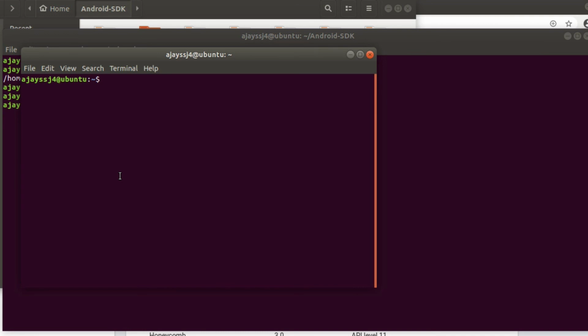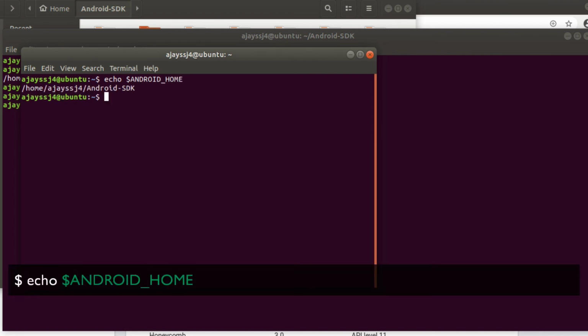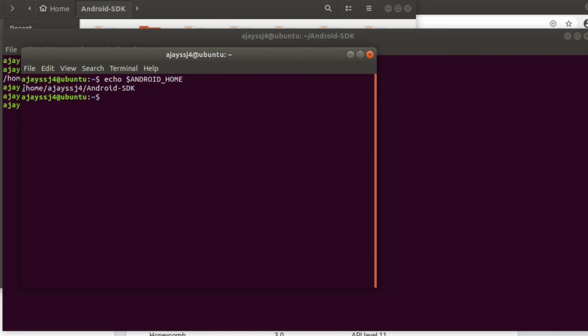Now open a new terminal window and enter this command to print the Android home path. If the path to the Android SDK folder is displayed, it means all the setup is done. Now you are ready to build and test Android apps.